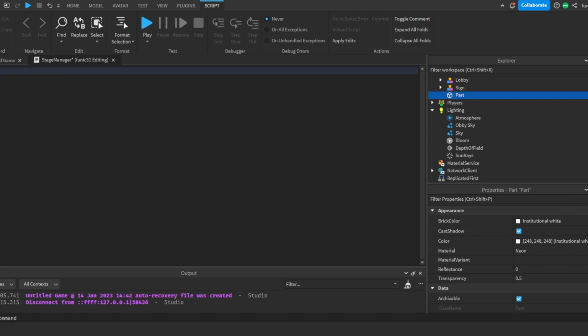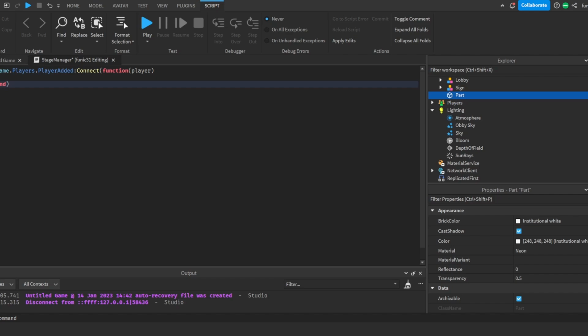And so to do this, we're going to first do a game.Players.PlayerAdded:Connect(function(player)